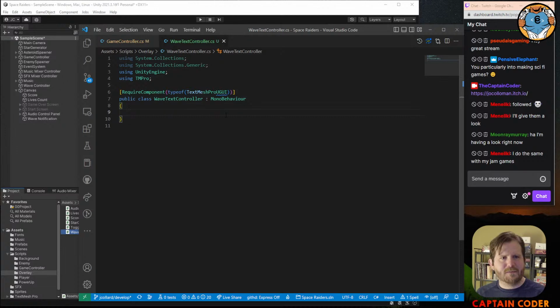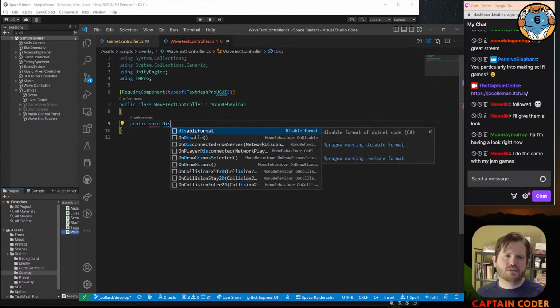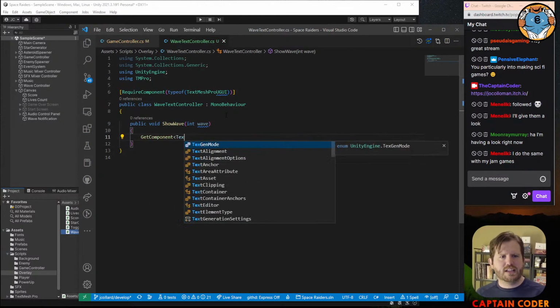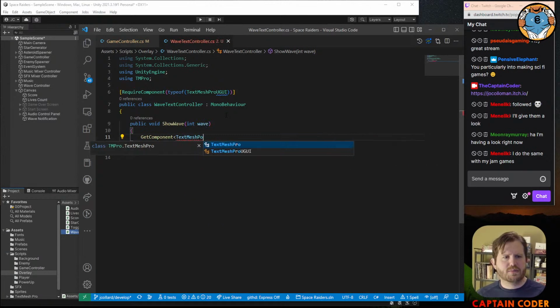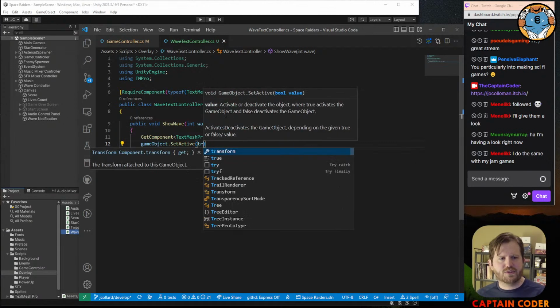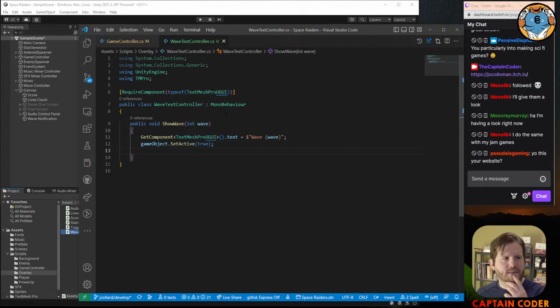All right, so we're gonna have that in there, and the idea is we have a public void ShowWave, and it takes in wave. So this is gonna enable itself. It's gonna be GetComponent, and it knows it has a TextMeshPro on it, and so the text is gonna be wave. So it's going to show that. It's going to enable itself: gameObject.SetActive(true), and then